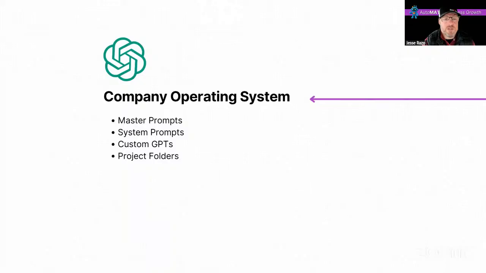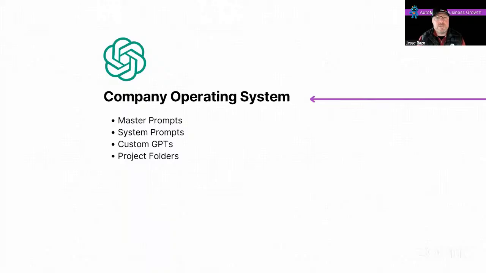I'll give you an example with this. Master prompts are the context of your business. They talk about your brand, your voice, who you are, what your philosophies are, what it is that you're trying to create. And these master prompts can be incredibly powerful because you can create them so that you have context around everything that you're doing on a regular basis. Now, the goal is to not have to reinvent the wheel every time you log into ChatGPT or every time you engage with AI. You want to have some type of context in there associated with what it is that you're trying to create.